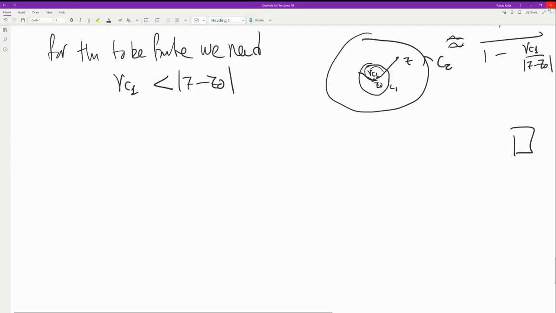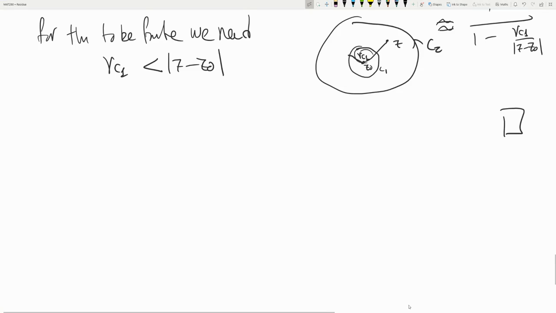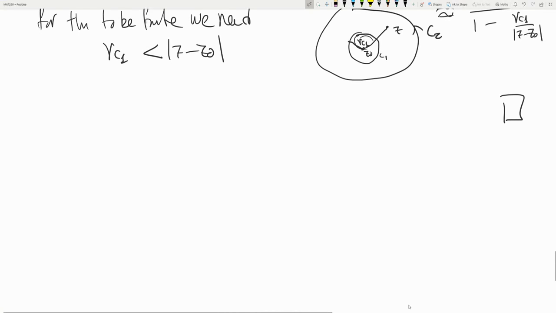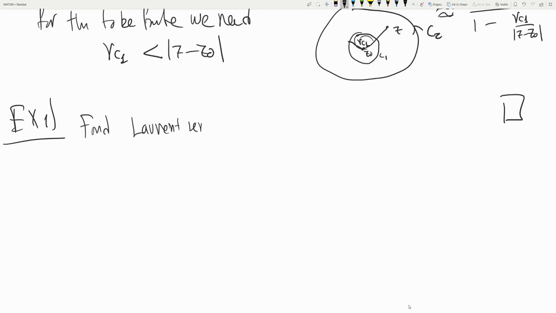Okay, so let's do some examples. Example: find the Laurent series for cosine z over z to the 3 at z equals 0. So, first of all, is that even possible? It's possible. The theorem applies